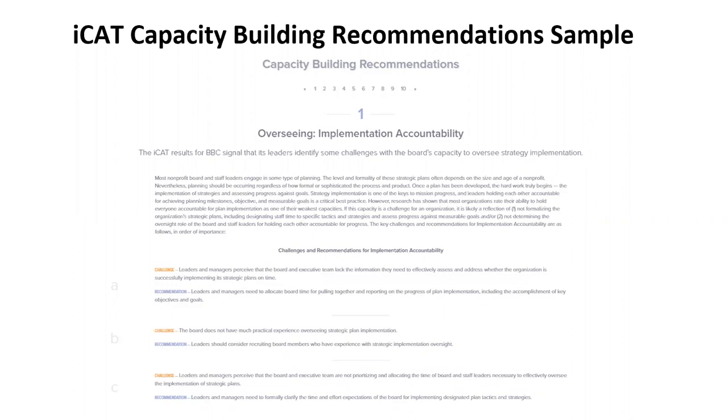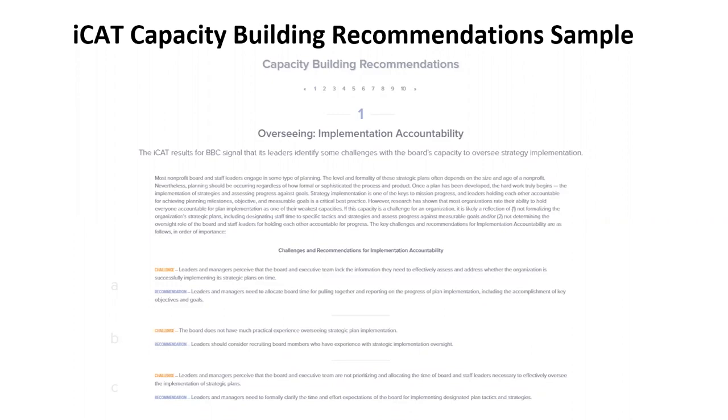There's a recommendation paired with that around allocating board time for pulling together and reporting on progress. What that looks like, those are choices that you get to make, but the recommendation is at least specific enough to help you design an intervention that is likely to be more effective.